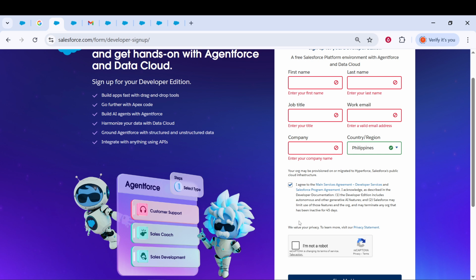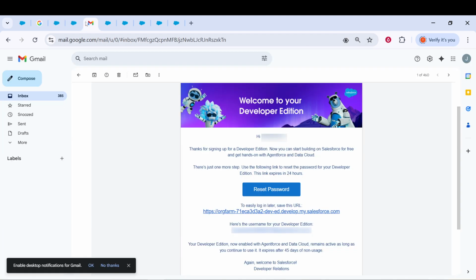Once you've submitted your details, head over to your email inbox and keep an eye out for an email from Salesforce. It might take a minute or two to arrive, so don't worry if you don't see it immediately. Be sure to check your spam or junk folders just in case it gets redirected there. The email will contain a verification link, and you'll need to click this to validate your account. This step is essential, as without verification, you won't be able to proceed to logging in or using your new